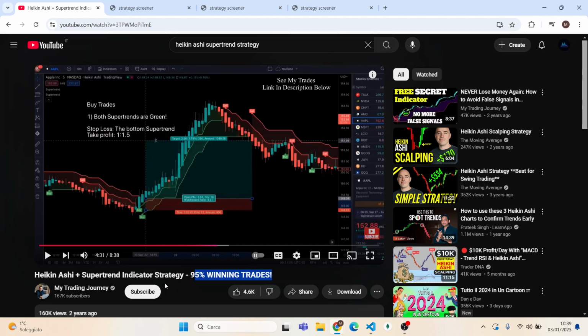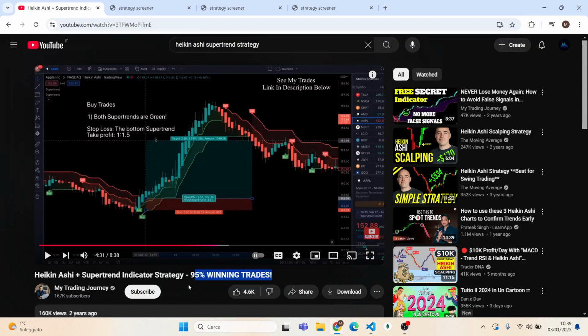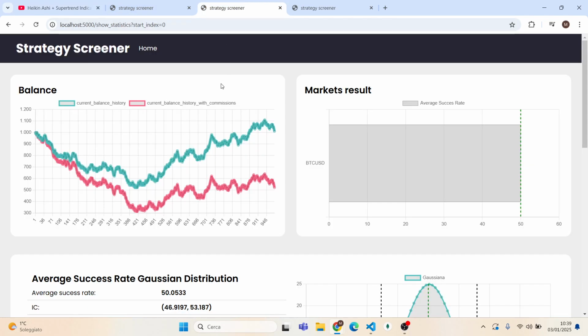But now let's talk about this strategy. I'm going to backtest it on BTC USD on the 15-minute time frame. So let's start talking about the strategy, but before we start,